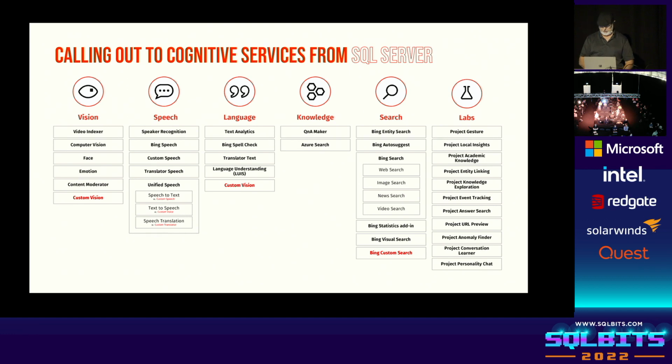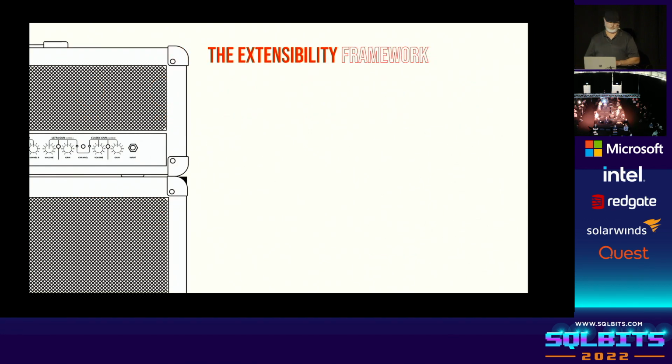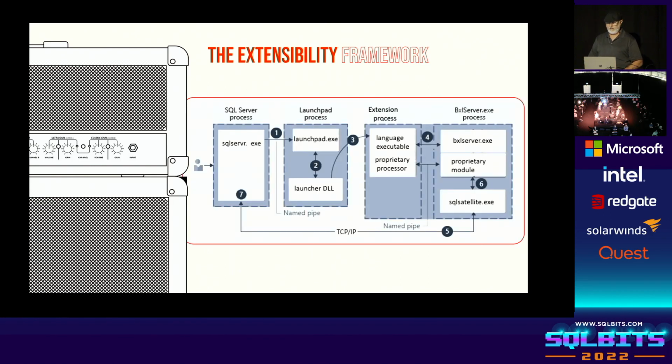All right, but you probably want to start doing some things on your own. And to do that, we use something called the Extensibility framework. What is this? The Extensibility framework is a series of programs, and basically here's the upshot of how it works. We could have put the R language inside T-SQL, and then we would have to maintain it.